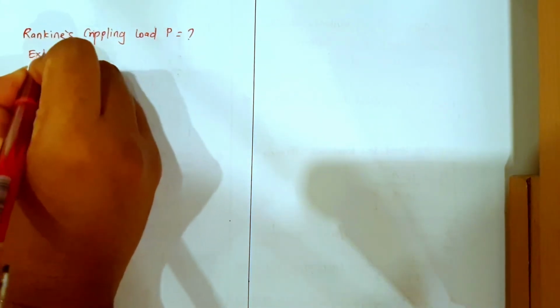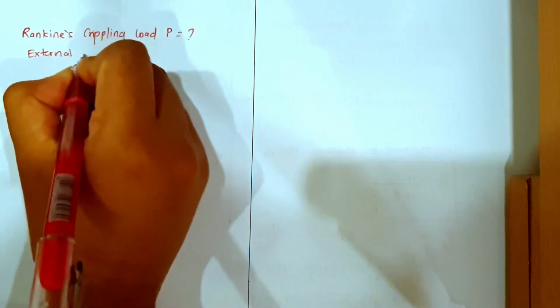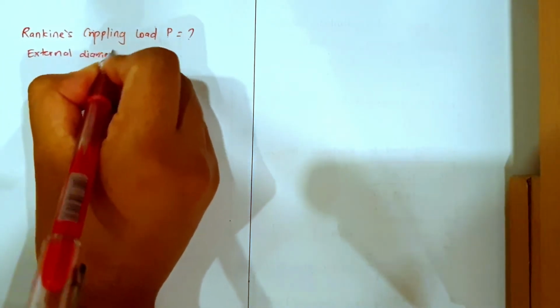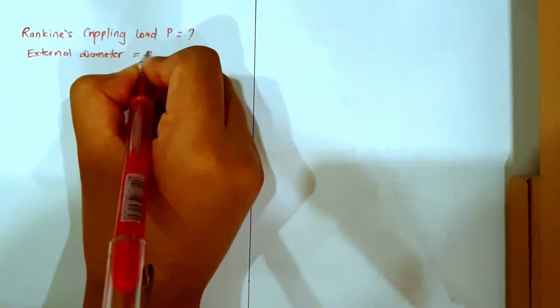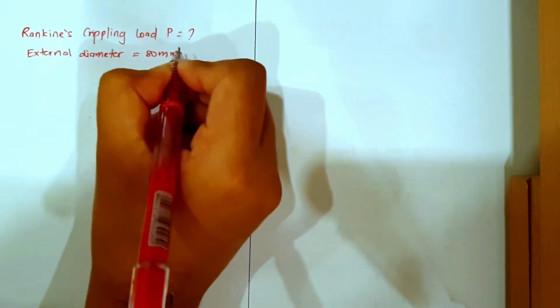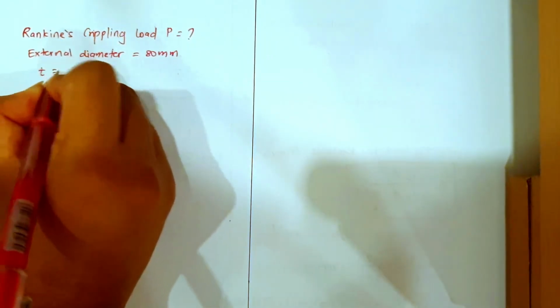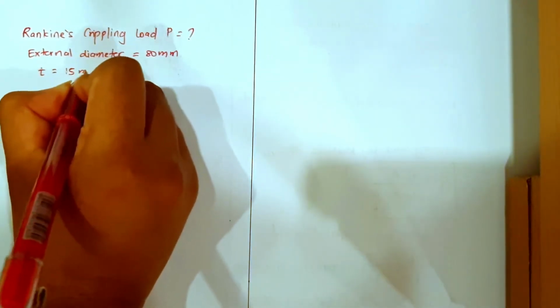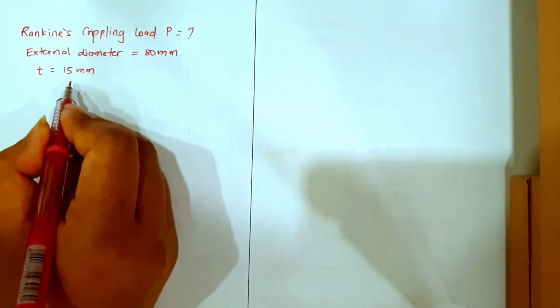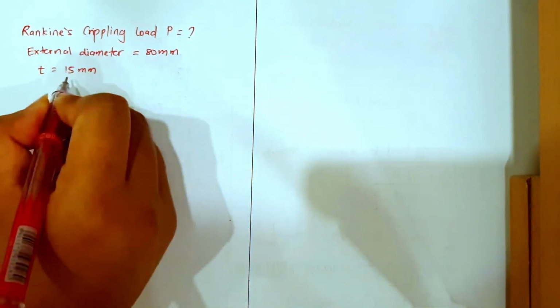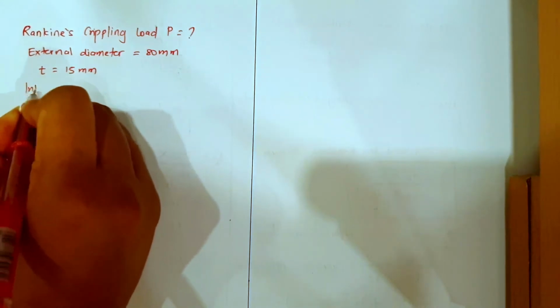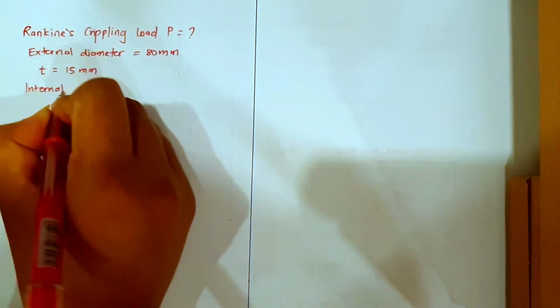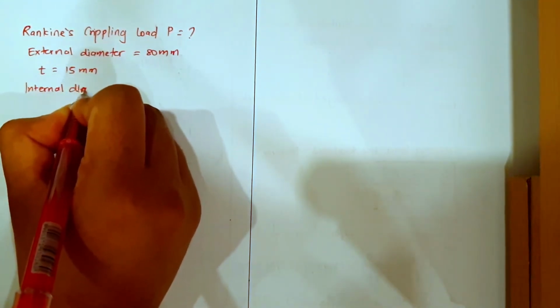So external diameter is given equal to 80 mm and the thickness T is given 15 mm thick. Okay, so from this thickness we can find the internal diameter. So let's find it right now. Internal diameter